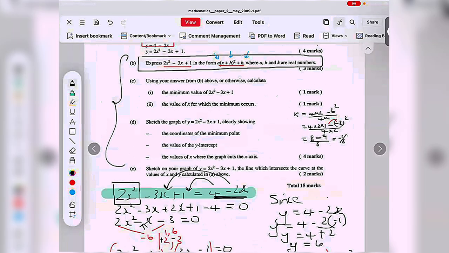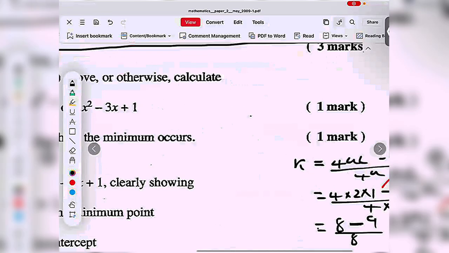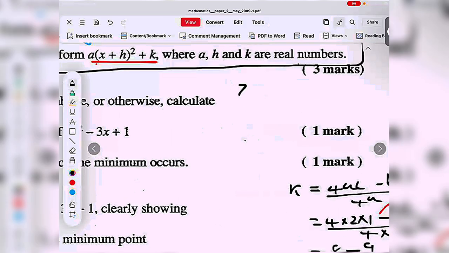I'm becoming cramped on space, guys, so bear with me. 2x squared minus 3x plus 1 is identical to 2 open bracket x plus, hold on, use a different color, so it's going to be 2 open bracket x,